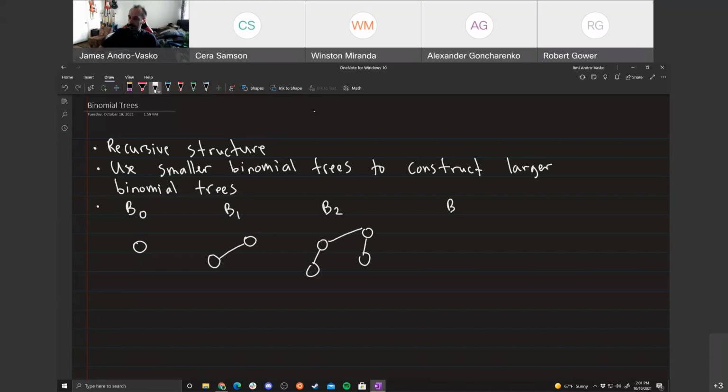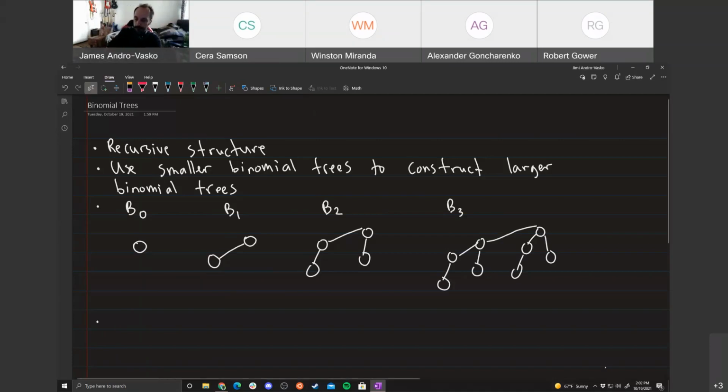For a B3 tree, we take two B2 trees and combine them together to make a B3 tree. That's the idea for how binomial trees really work. Here's a more theoretical explanation. To construct a BK tree,